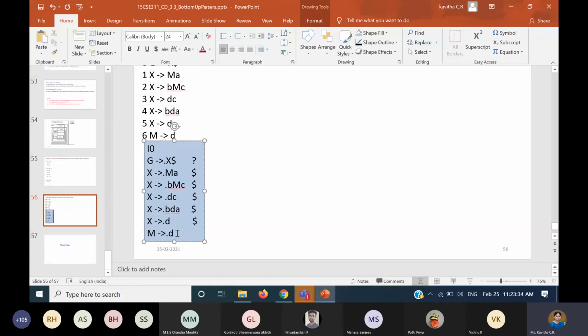You have to find the lookahead symbol. Where did I expand M? Here, right? So once you expand M, what is the lookahead symbol for that expanded rule? A. Yeah, small a is the lookahead symbol. Don't put dollar here. Why not dollar? Because when I find the first of a dollar, it is just a. That's the reason. So I finished with this rule.